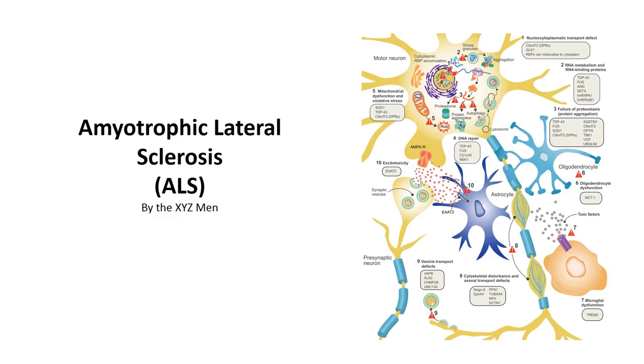Today we'll be talking about amyotrophic lateral sclerosis, also known as ALS or Lou Gehrig's disease, which in general is a progressive neurodegenerative disease and its disruption of homeostasis of the nervous and muscular system, meaning that it causes the degeneration of motor neurons grouped in the brain and spinal cord. This process is called apoptosis, leading to the paralysis in muscles. Up next, we'll be discussing more on homeostasis is Jake.